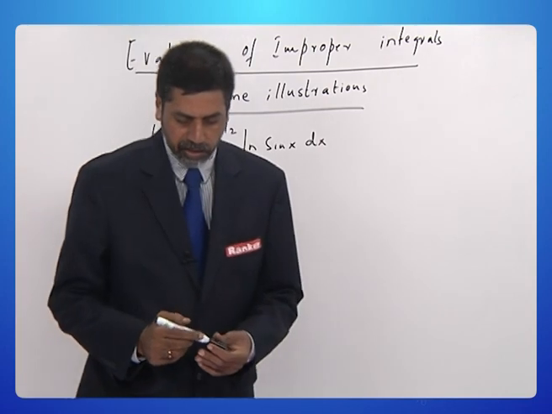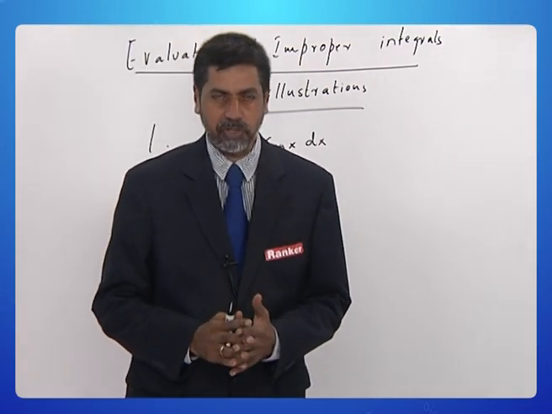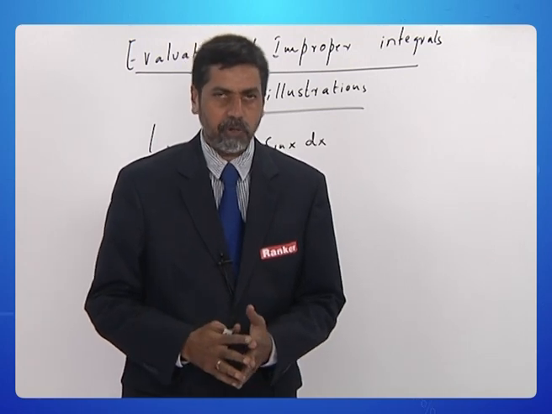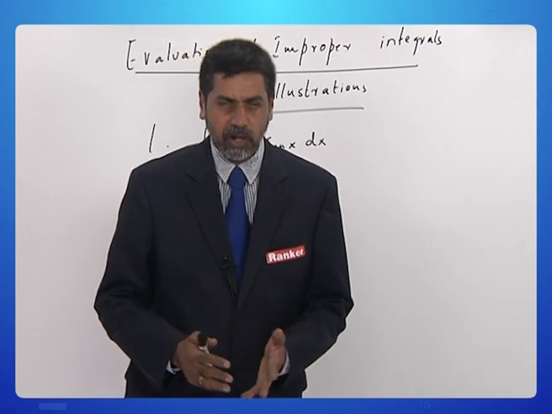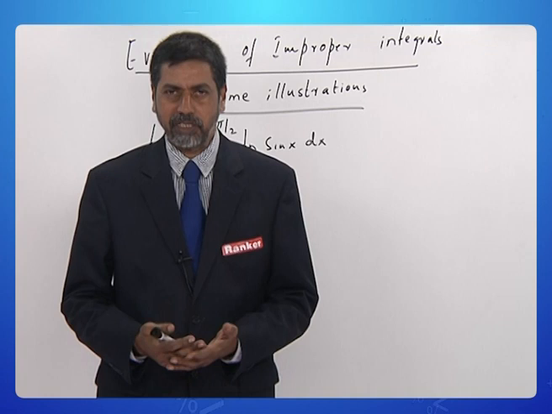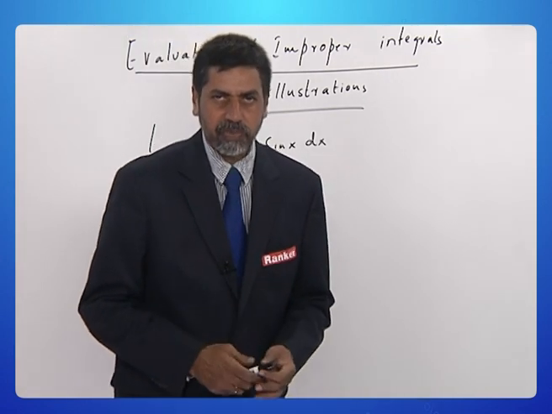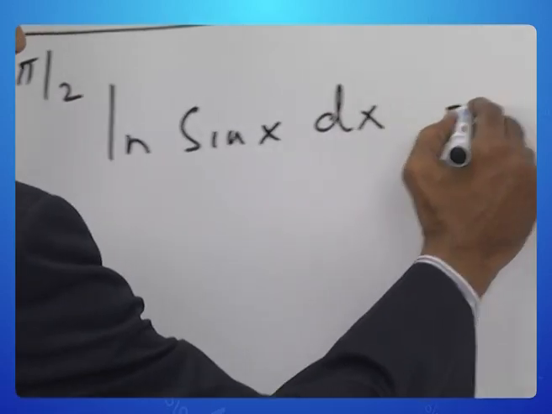Well, you all can see that the log sin x function is not defined at the lower limit x equal to 0. Therefore, we can call it an improper integral. So how do we go about this one? We don't need the knowledge of gamma or beta functions, but we can use basic level mathematics in order to evaluate this. Remember, if you call this integral I,